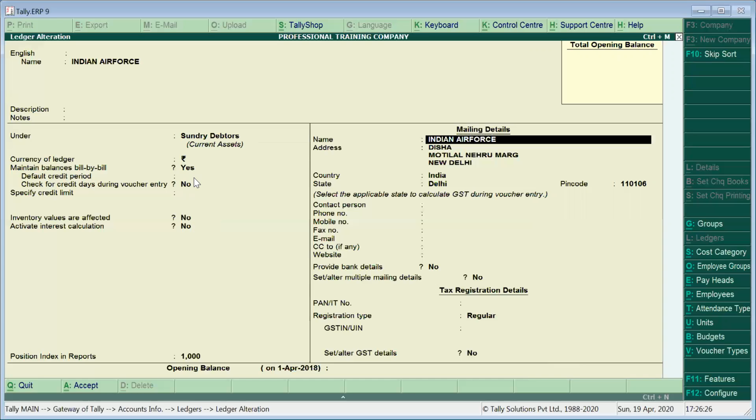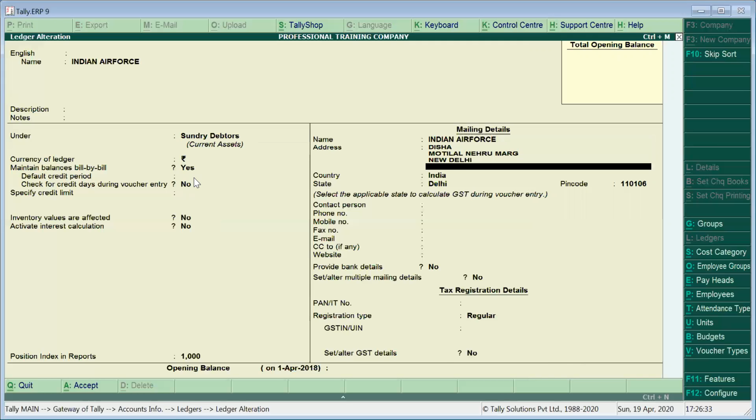All right, enter. Now here is the name, Indian Air Force. The address, the name of the building of the Indian Air Force is Disha. This is the address in New Delhi. This is Delhi. This is the pin code. The contact person, whoever the concerned person is there, marshal, vice marshal, colonel, or whatever the rank in the Air Force is, their phone number, mobile number, fax number, email, CC.